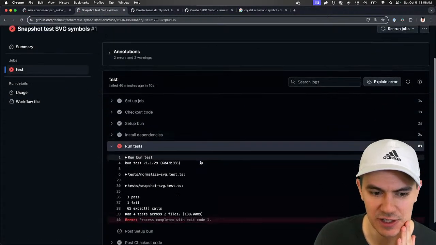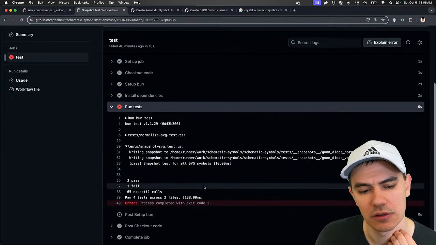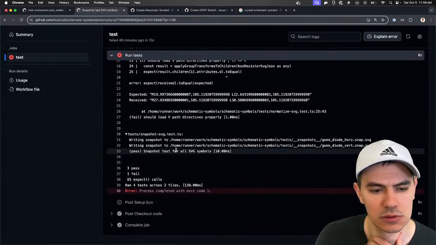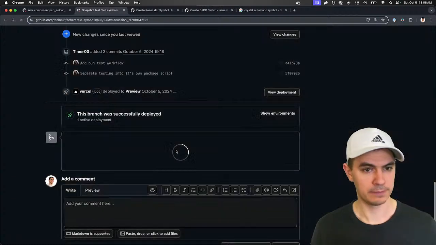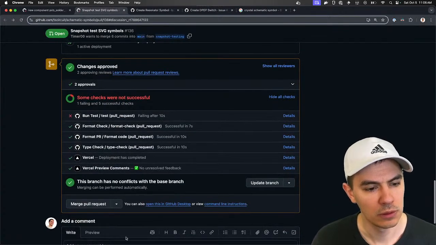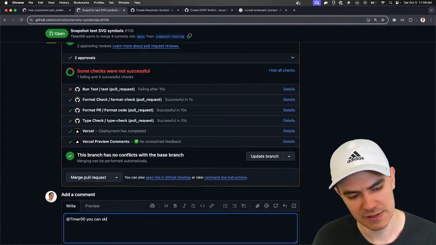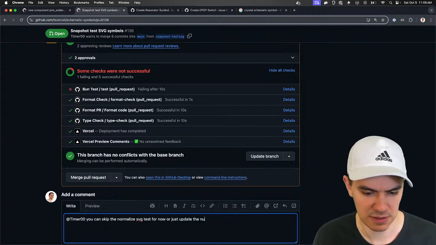Why is bun test failing? SVG snapshot, one failure. Normalize SVG. You can skip the normalize SVG test for now, or just update the numbers.